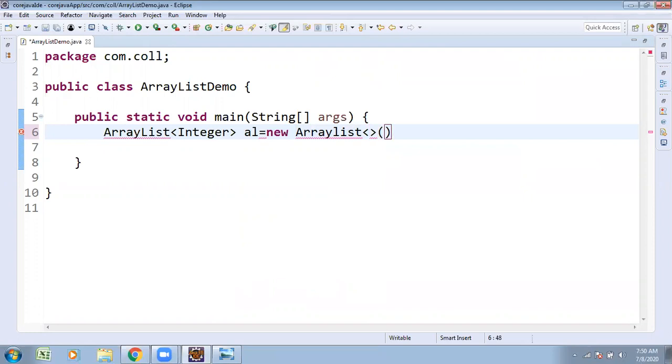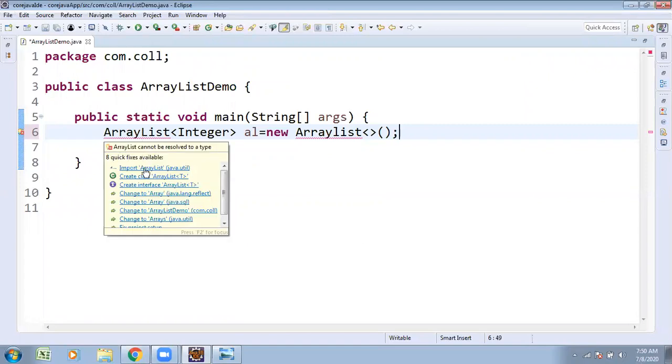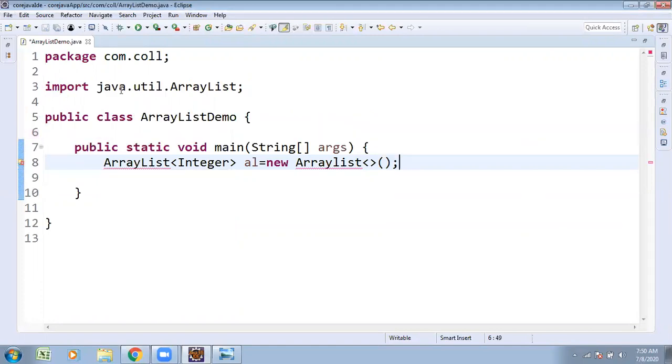With the diamond operator syntax, the element type on the left side, integer, is automatically assigned. The pre-requirement for this is to import the java.util.ArrayList class. Array list is a built-in class we are going to use.